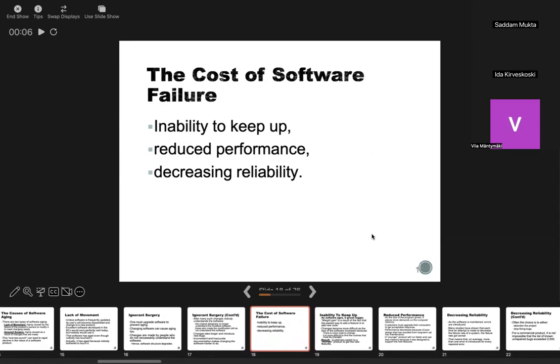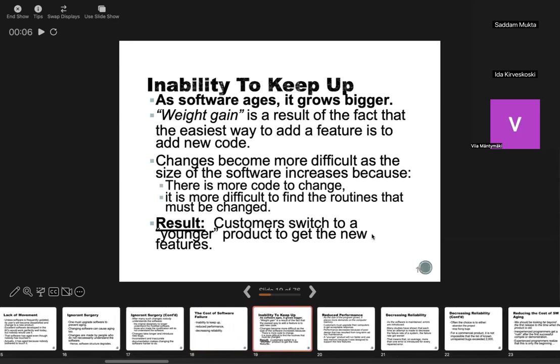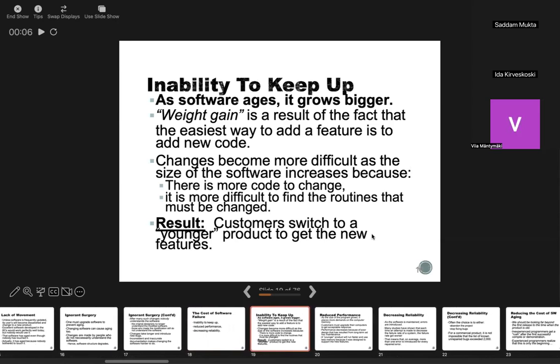So, the cost of software failure. Some are direct costs, some are indirect costs due to the software failure. The first one is inability to keep up, reduced performance, and decreasing reliability. We'll discuss those. Inability to keep up means that as software ages, it grows bigger because